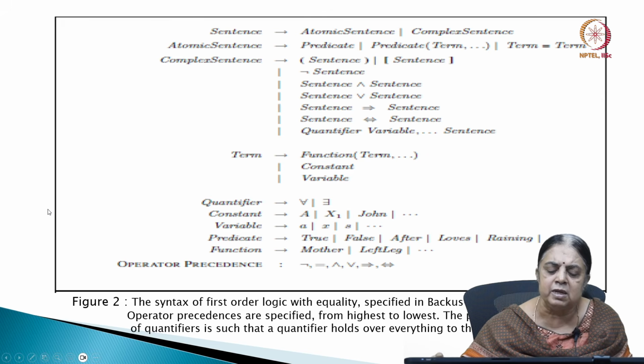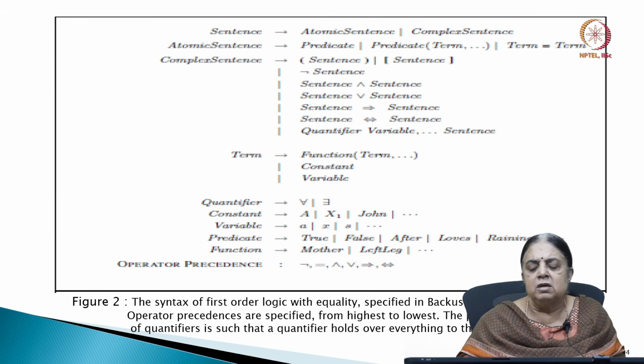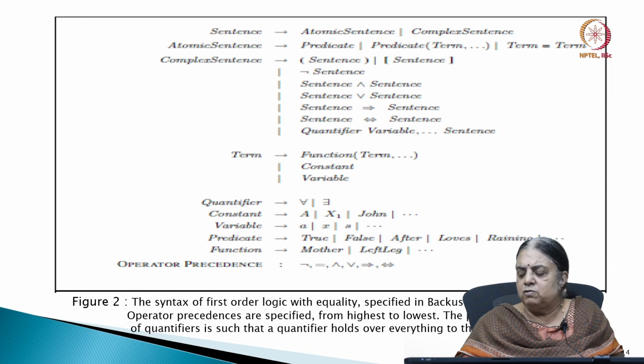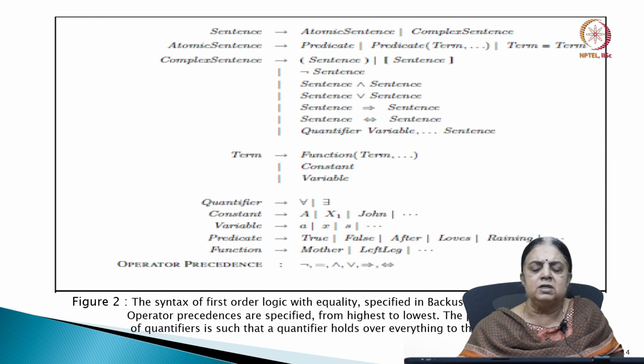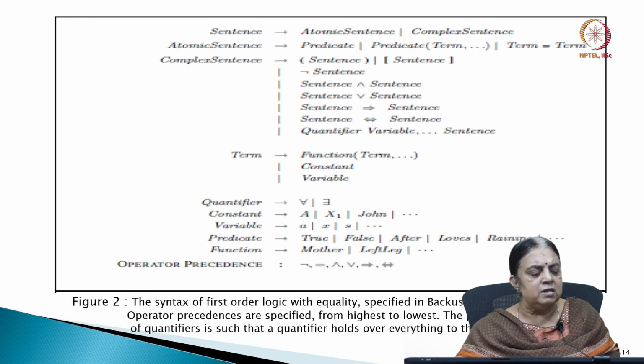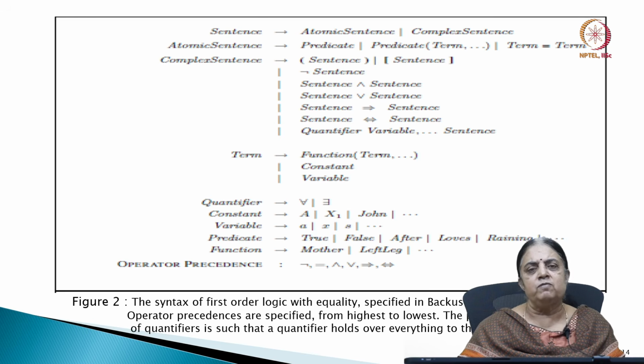So this whole thing gives you the syntax of the first order logic by using the Backus-Naur form basically. When you talk about a well-formed formula, something which follows the rules which are laid out in this, then we say that it's a well-formed formula in